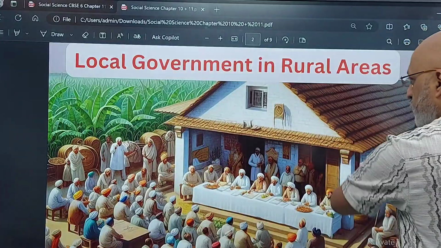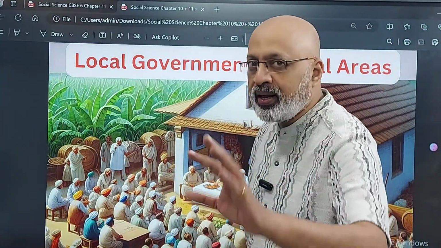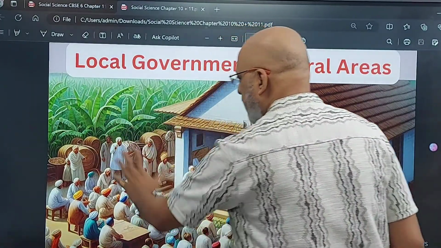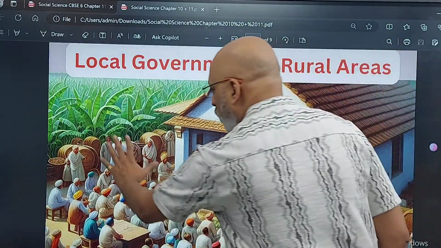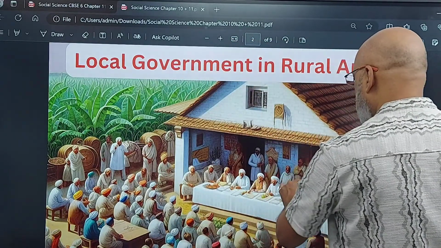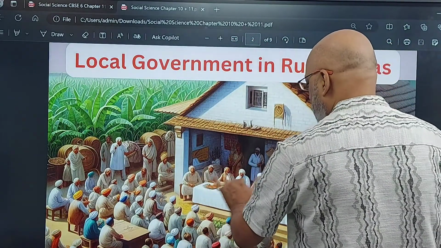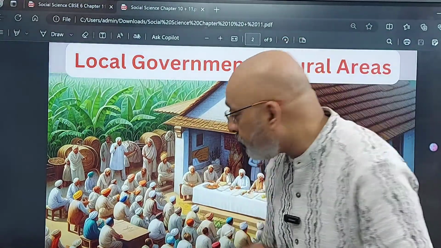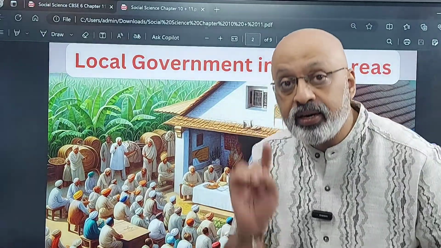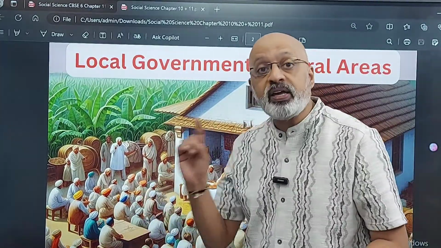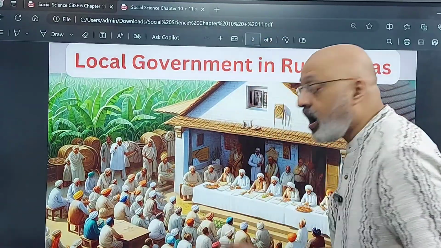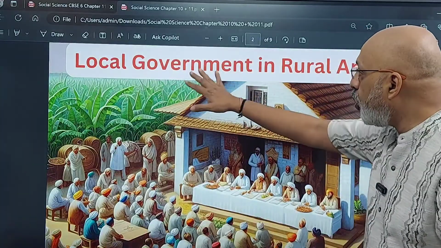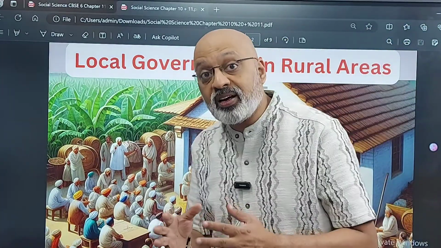If you see this photograph, not absolutely correct in terms of numbers, you see the rural banana plantation, etc. Here, all these people are sitting at a meeting of the village. There are these 1, 2, 3, 4, 5, the main people, and there are some more people. Ideally, it should be 5 people who are the panchayat, elected by these people. They have been elected in an election. The elections have happened, and they have been elected to solve the problems of this village. Understood? So this is local government, the kind of government there is in a village.